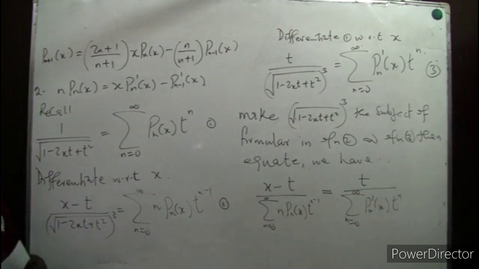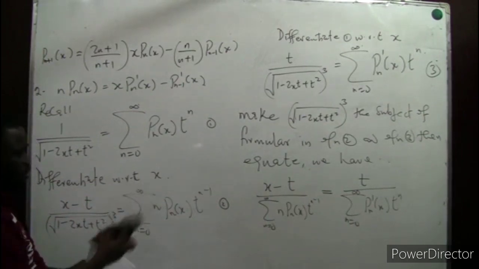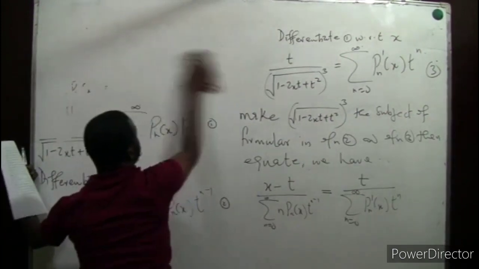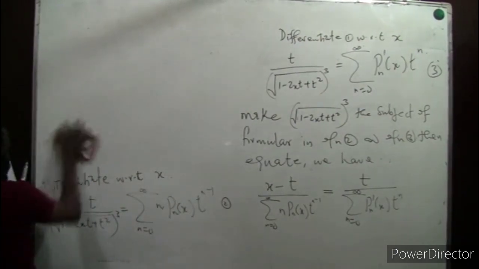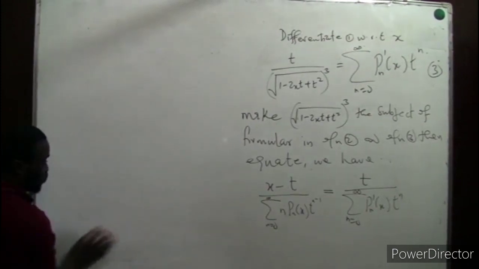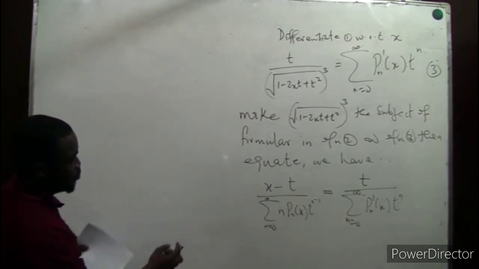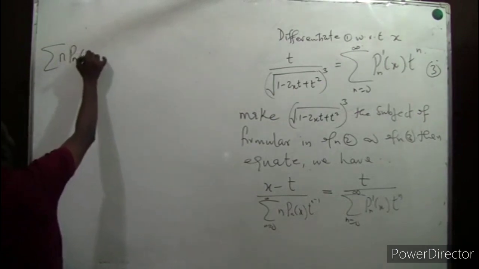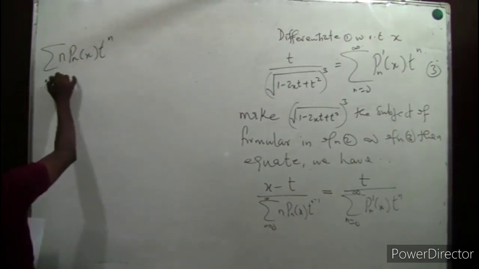So we can now multiply on both ends and see what is going to happen. Let us multiply. A little simplification. We have the summation of nPn of x t raised to power n from 0 to infinity